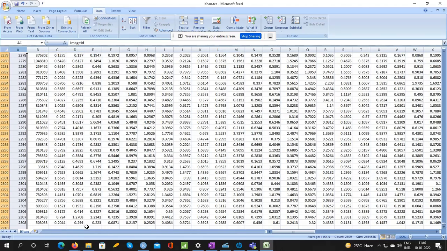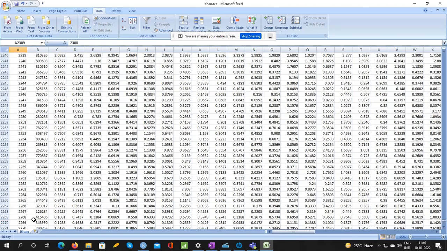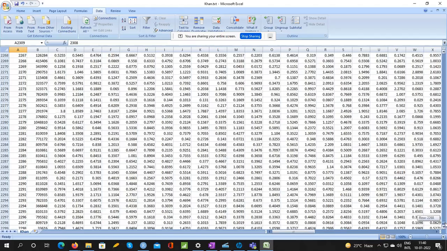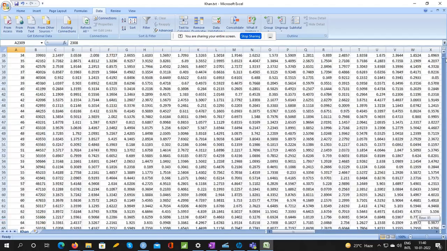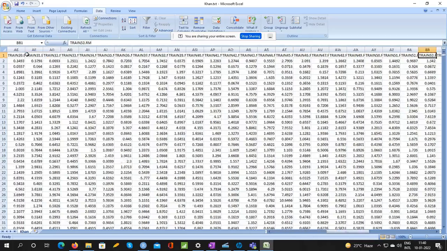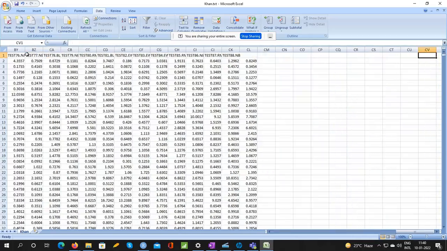Now see how many rows do I have. So I have 2308. Okay, so this is 2000 rows. This is one of the smaller data sets. As I said, you can find data sets where you have 10,000, 20,000 rows also. So the number of variables in my current data is 2308. And what is the number of columns? So if I go there, number of columns is number of observations.